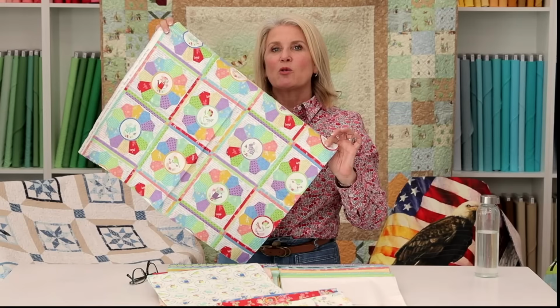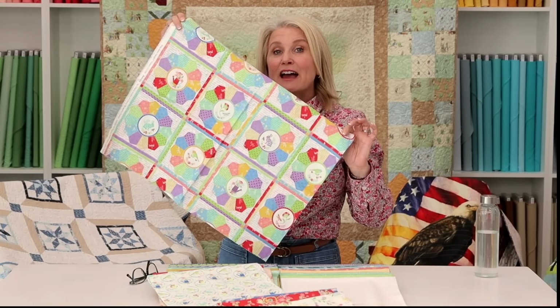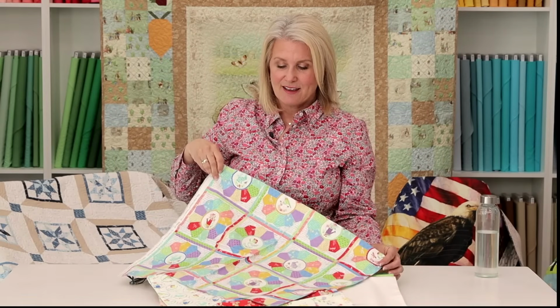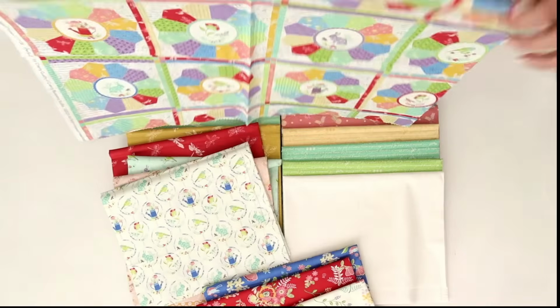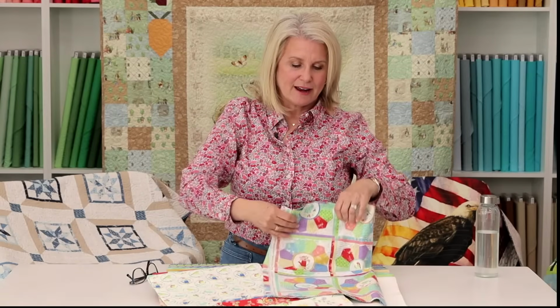That would make a great quilt backing. If you like to tie a quilt, wouldn't that be easy to tie a quilt? Back in the day, we used to tie quilts all the time. Do it on those four corners. Just super cute and really nice. So very good,